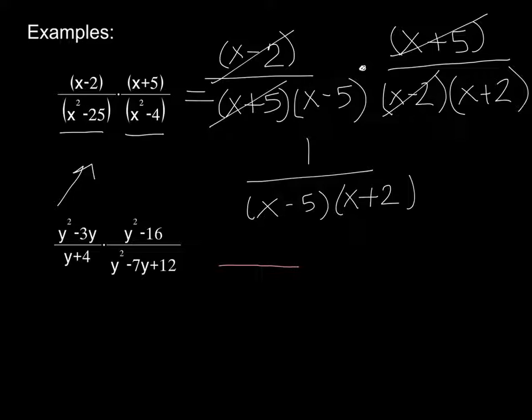On our first fraction, this one kind of confuses a lot of people. It does only have 2 terms, but it's not a difference of 2 squares or a sum or difference of cubes, but I can factor out a y, leaving me y minus 3 divided by y plus 4